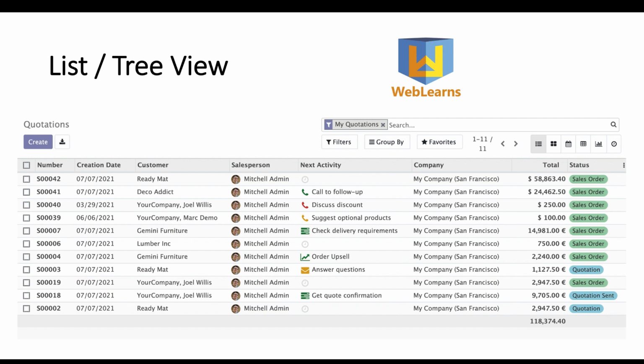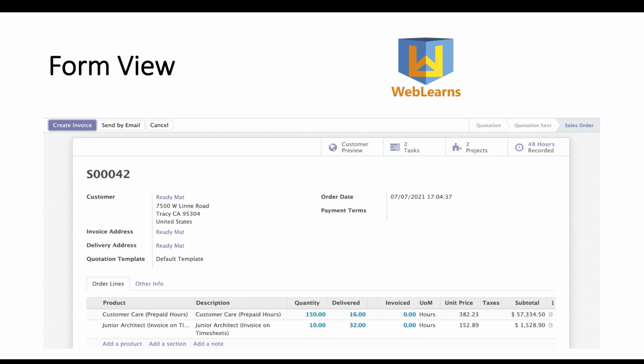The next view is the form view. You can see here this is the form view. You can add or edit records using the form view. Here you can see how to create fancy buttons and smart buttons, how to add a specific status, how to use group by, or from the GUI side, how to implement the div tag. Then you can implement notebooks, and there are many options available to create an attractive form view. We will see the real test cases in further discussion.